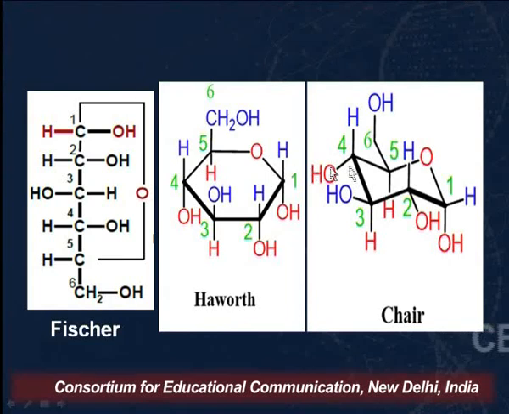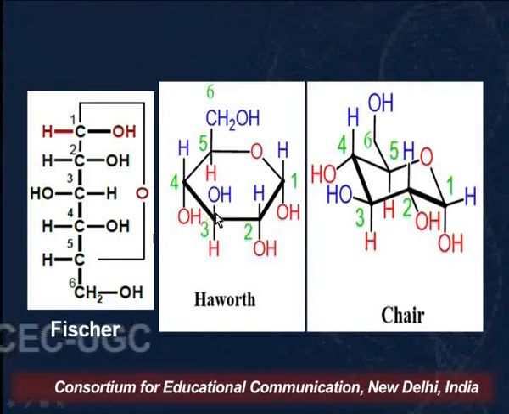Now when we go on to the chair conformation for glucose, you don't have to do much. You just have to draw the structure for cyclohexane, and in which conformation? The chair conformation. And then we can replace one carbon in cyclohexane with oxygen. So this becomes the pyranose ring. And what is the conformation here? The conformation here is the chair conformation.